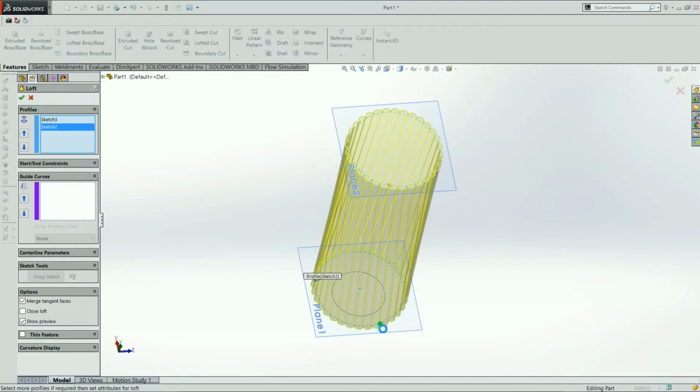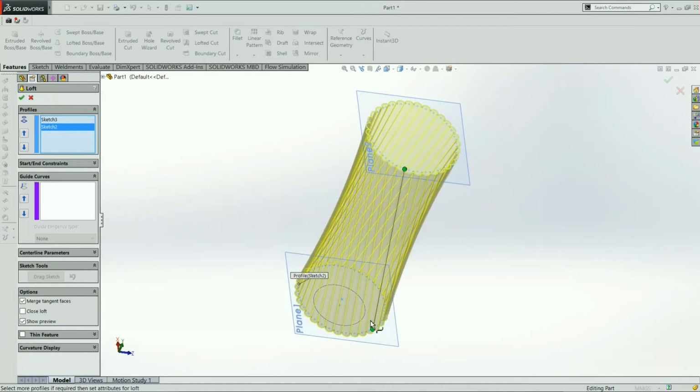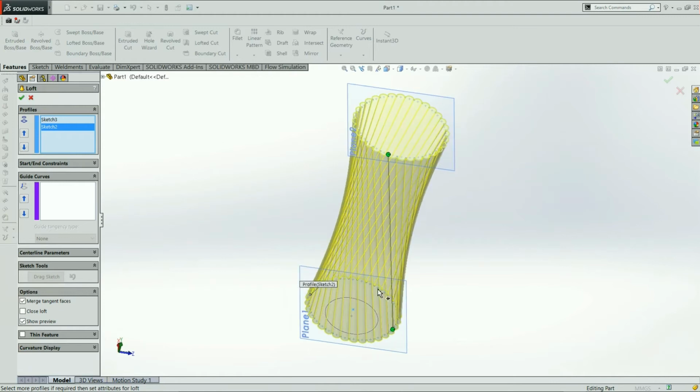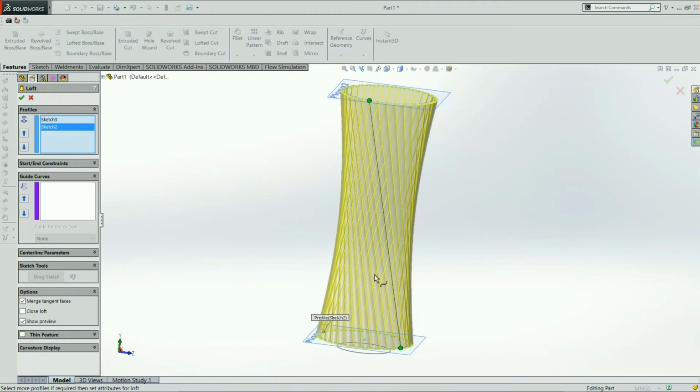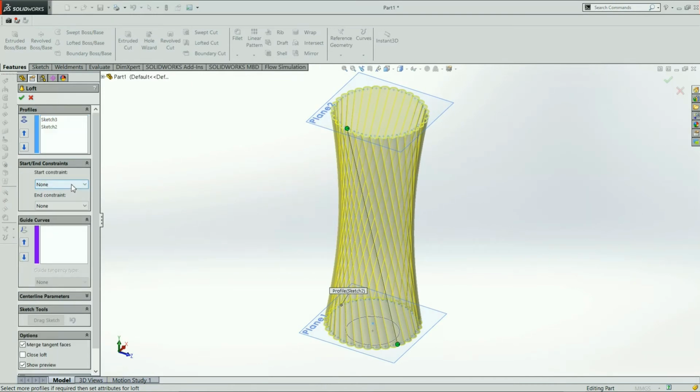Here we could see clearly, as it was going away from its nearer point. Here we could see the convergence at the middle point. I think this convergence is okay for us. So the next thing we have to do is the constraint, the start and end constraint that we have to maintain. Start constraint will be, I'm going to give a normal to profile,